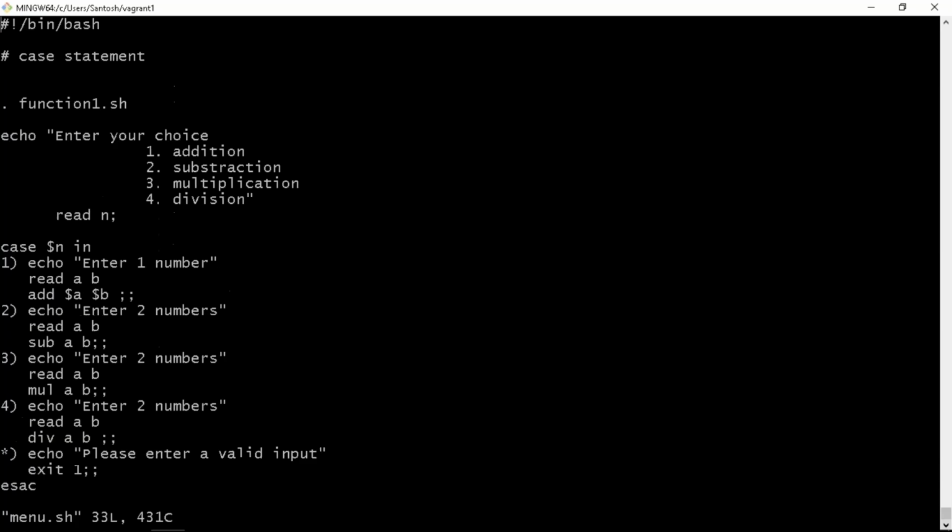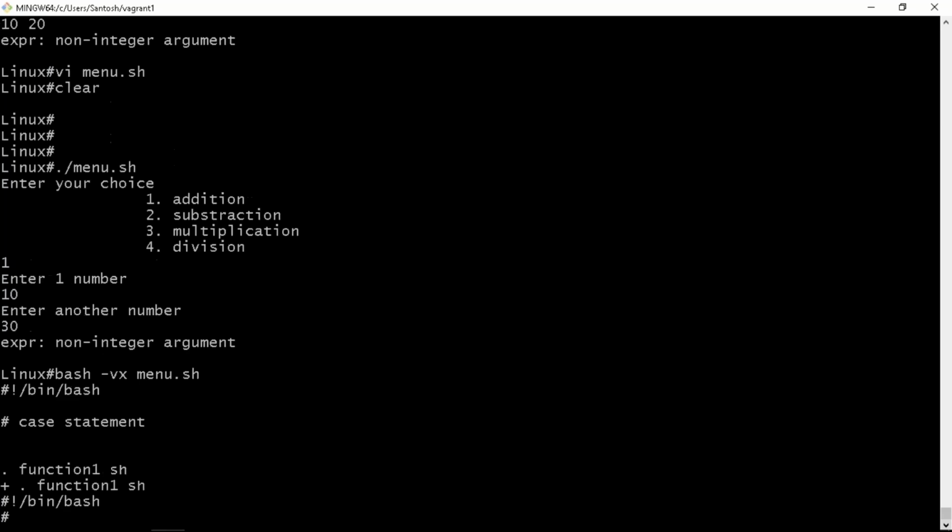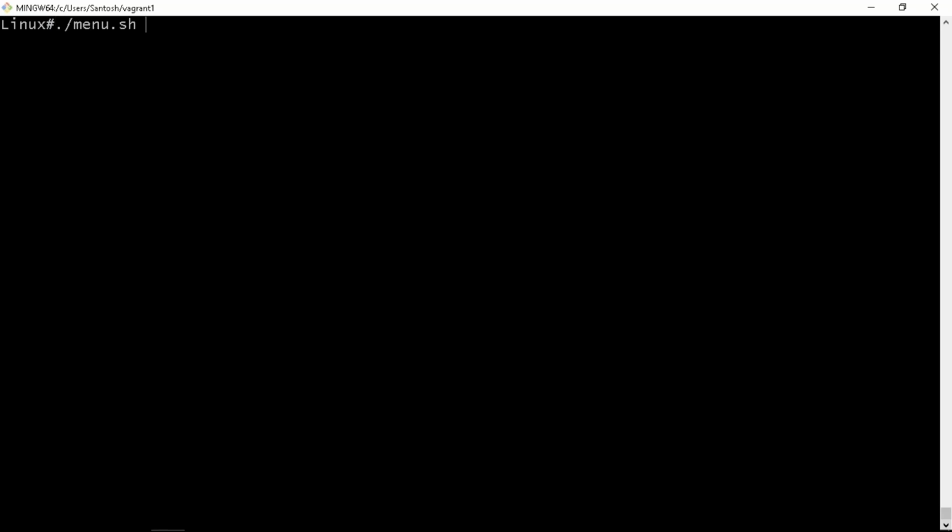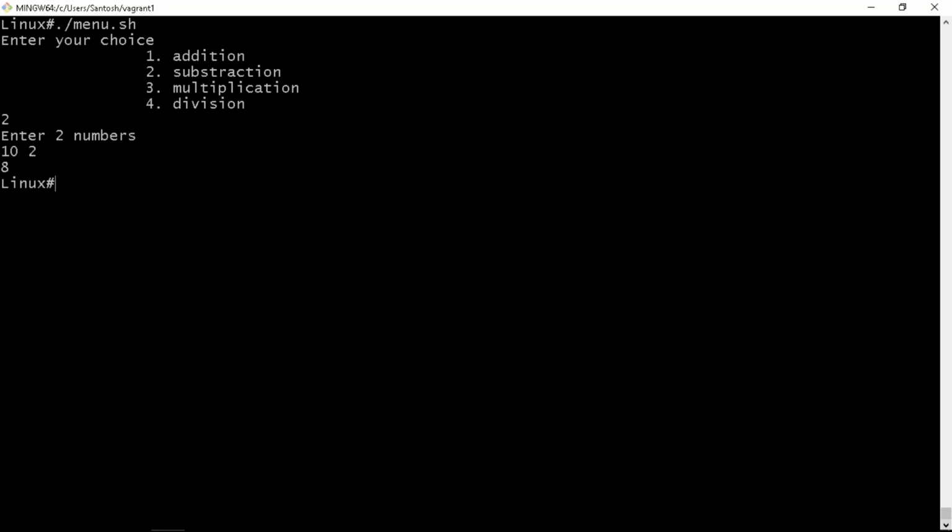Again I need to change that to dollar. So here subtract $a, $b, right? Here also I need to give $a, $b, $a, $b, right? We're just calling the function from the main, and when I say subtract 10 comma 2, it gives 8, right? So if you have bash enabled also,